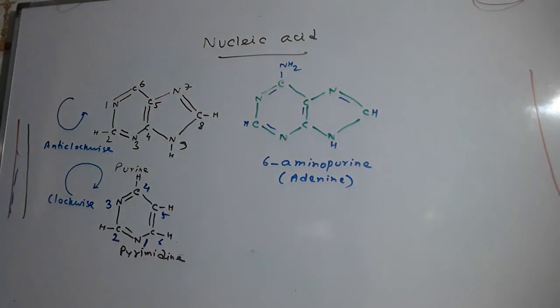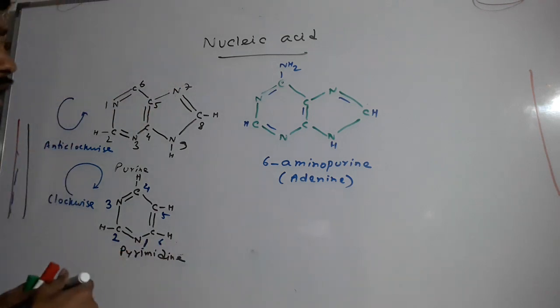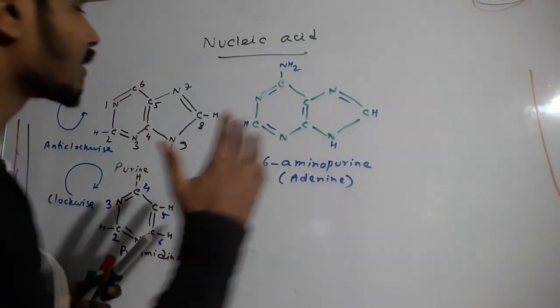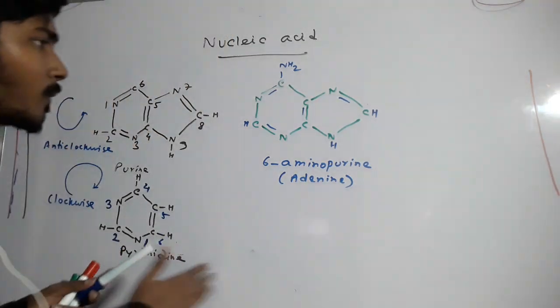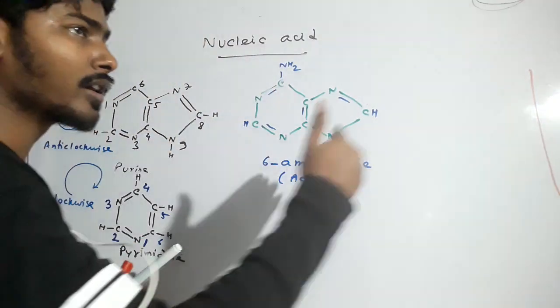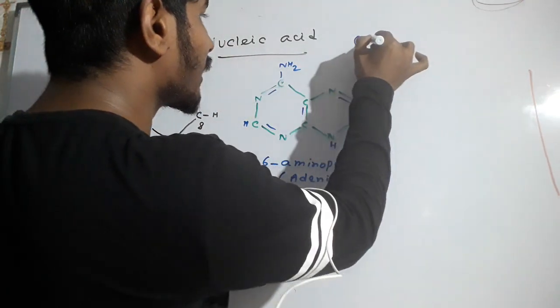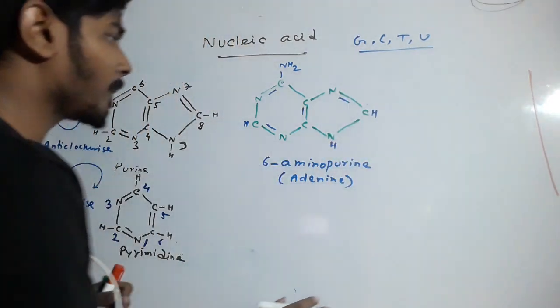Now I will be giving you a very simple trick of drawing the nitrogenous bases. Okay, so first of all, we will draw the adenine diagram first, and then the guanine, cytosine, thymine, uracil, these structures. Okay,